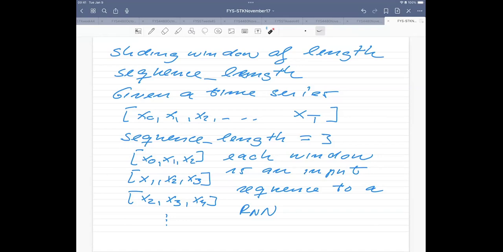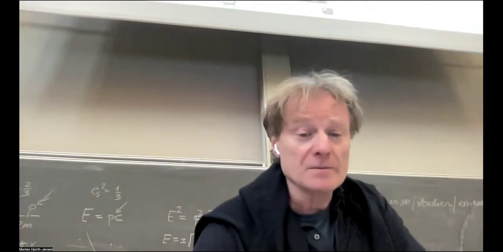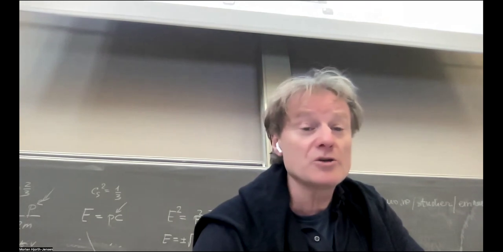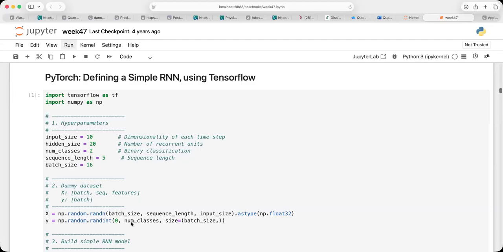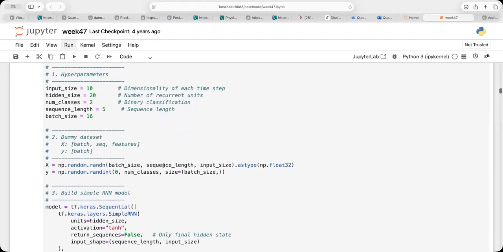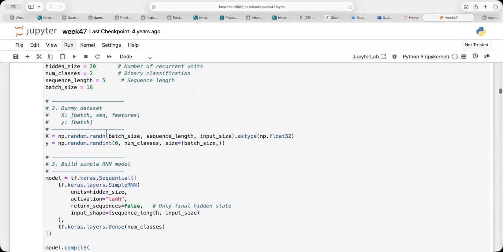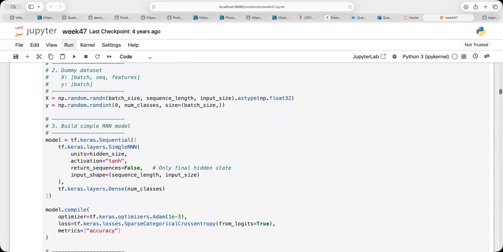So let's go back to the code here and look at a very simple way by which you can set up your first recurrent neural network. In this particular case, we're just setting up the data here. I'm defining a so-called sequence length. And then I'm using Keras, and the function you would call is SimpleRNN. You define the number of recurrent units.